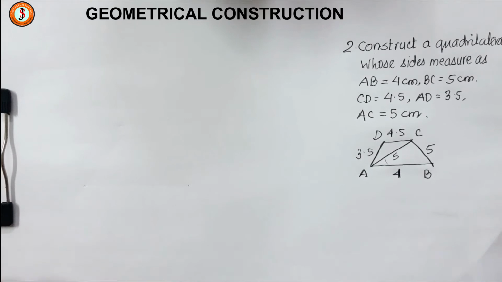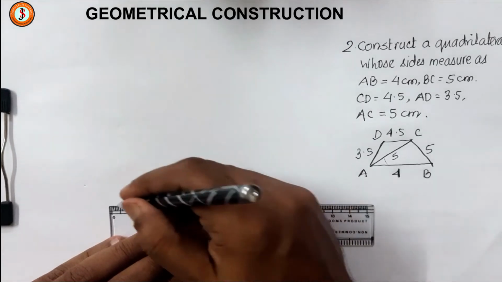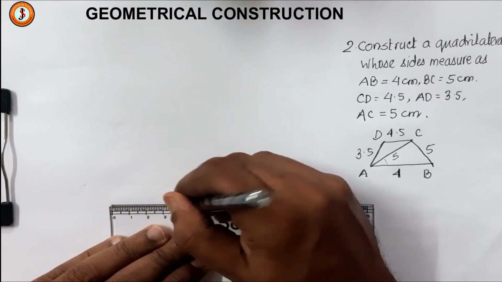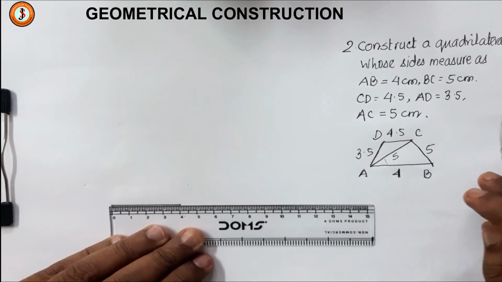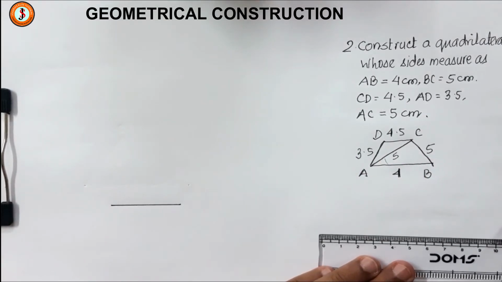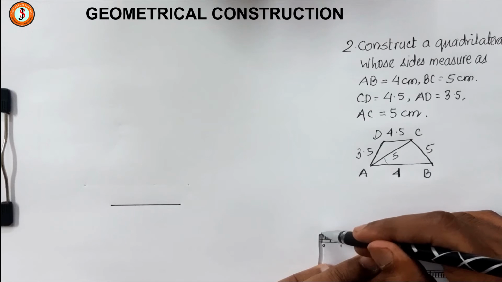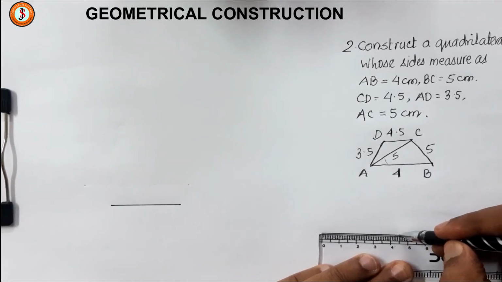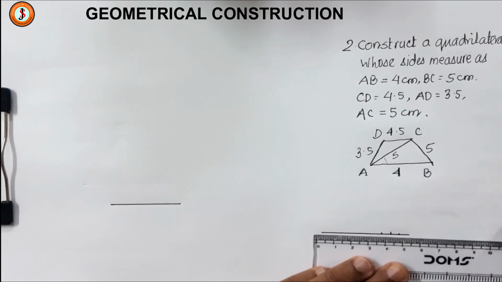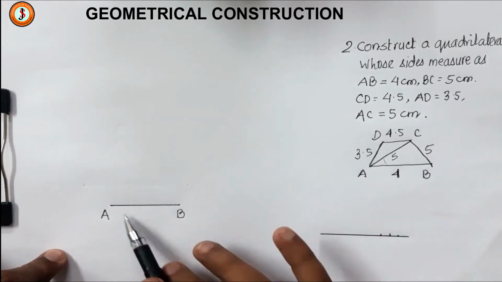So first I take up a side of 4 centimeters and I call it AB, 0 to 4. Now I also have to take the lengths 5, 4.5, 3.5. So I have to take 5 two times. So I will make one place over here where I can put this length as the largest length is 5. Then I also need 4.5, and I also needed 4. Then I needed even 3.5. So I'll keep this in my mind. So I've constructed AB as 4. See, this AB is constructed here as 4.